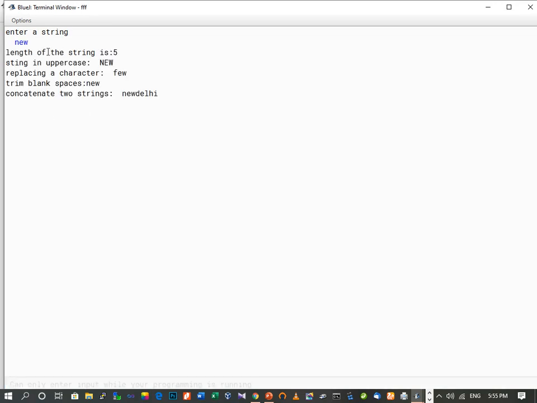Here you can see that the length of the string is 5, because we have provided two blank spaces. So in a string the blank space is also counted. Then string in uppercase, it is converted into uppercase. Replacing a character, it has been replaced by F. Then trim blank spaces, here you can see there is no blank space, and concatenate two strings. Here the two strings have been concatenated.